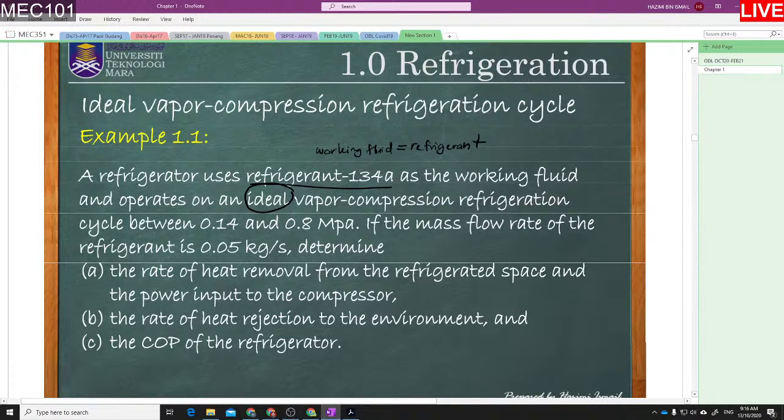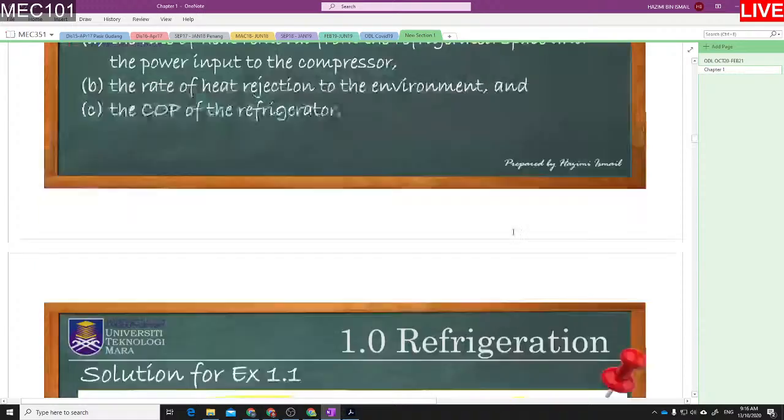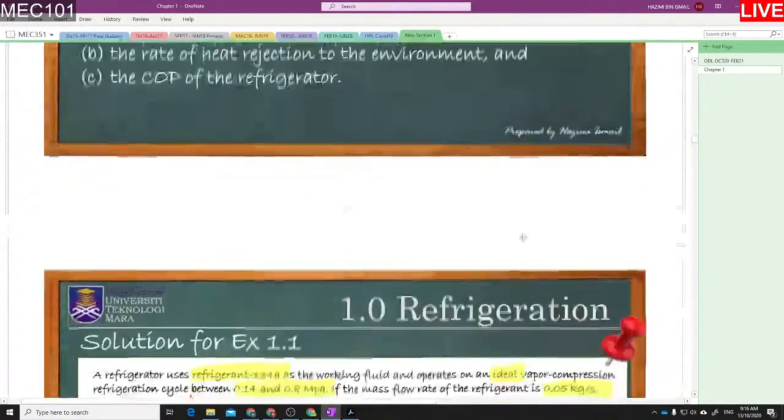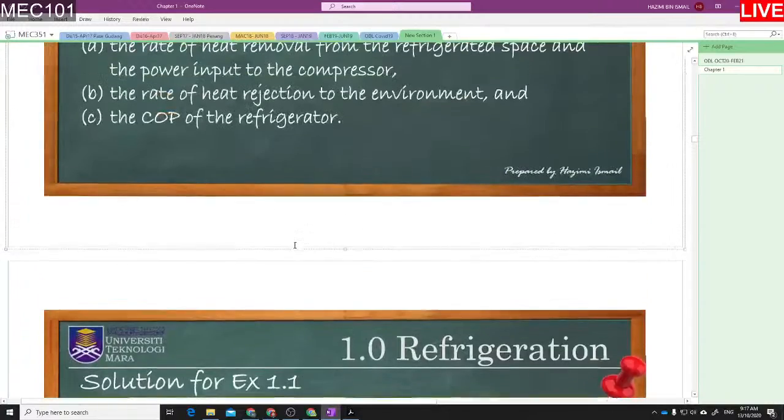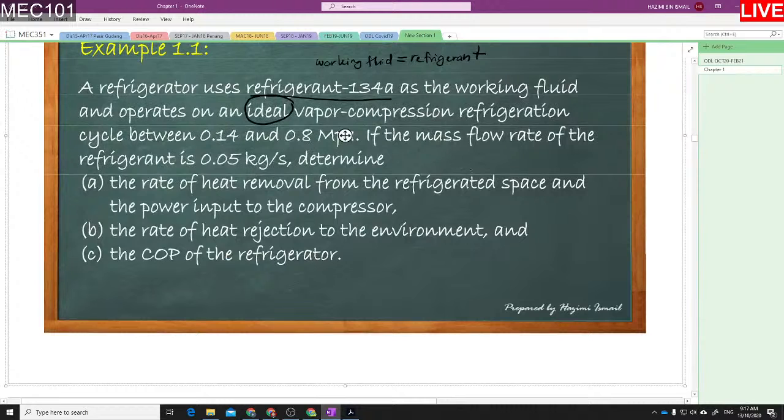This is the highest pressure, this is the lowest pressure. Okay, jadi first kali sampai tahap situ, awak lukis TS diagram. Sebab kita hanya ada dua line pressure, satu paling atas, satu paling bawah. So yang paling atas ni yang paling tinggi lah. Yang paling tinggi dalam soalan ni cakap 0.8. Yang paling rendah 0.14